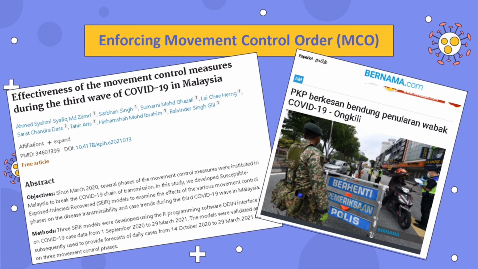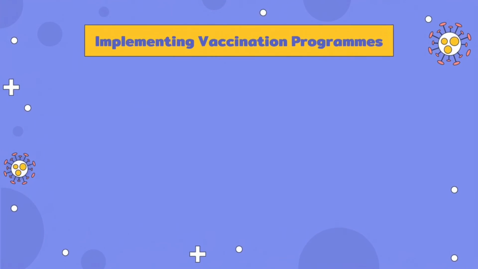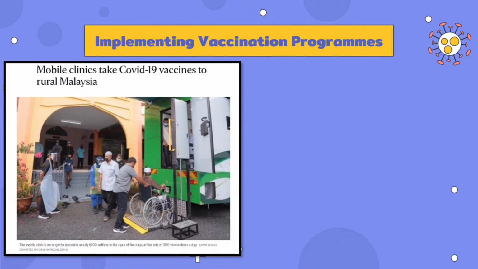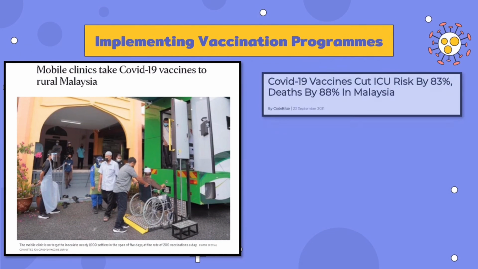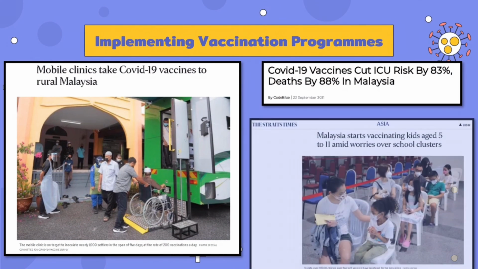Based on the graph, we can see the epidemic curve was flattened from February to May of 2021. This result was achieved because strict restrictions were executed from 13 to 26 January 2021. There is so much evidence that has shown the effectiveness of the movement control order in reducing the transmission rates of COVID-19. Next, from the graph, we can identify that the pandemic curve was dramatically increasing from July and reached its peak in September